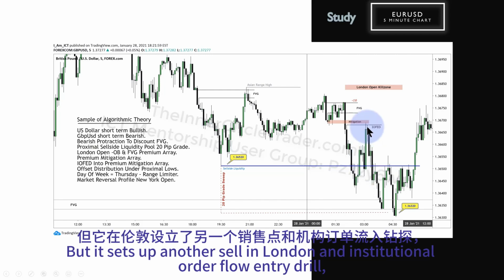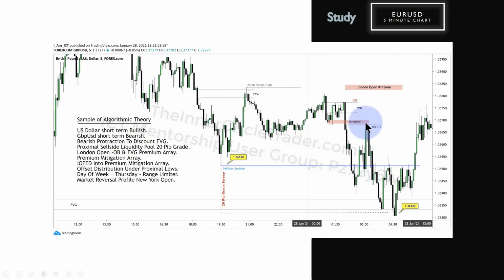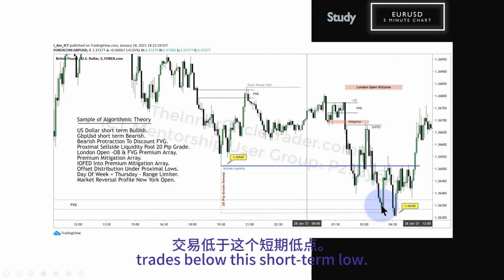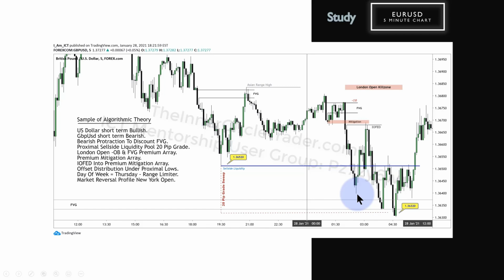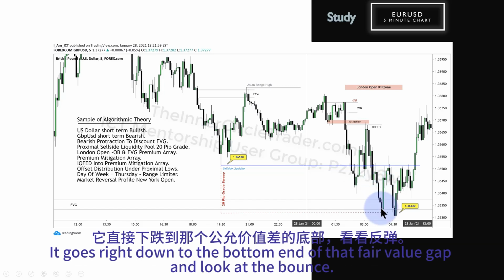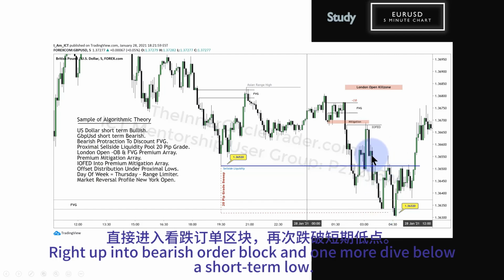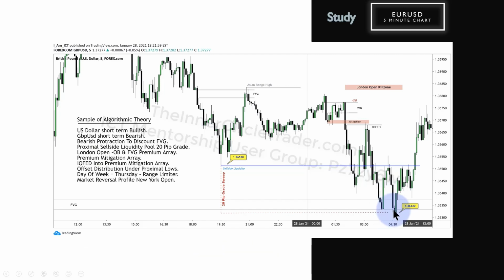But it sets up another sell in London and institutional order flow entry drill, which is just trading to this high or just above it. You can go short there. Then it sells off, trades below this short-term low. You want to take profits in here, and look what it does. It goes right down to the bottom end of that fair value gap, and look at the bounce. Pow! Right up into the bearish order block, and one more dive below a short-term low, and this is, again, offset